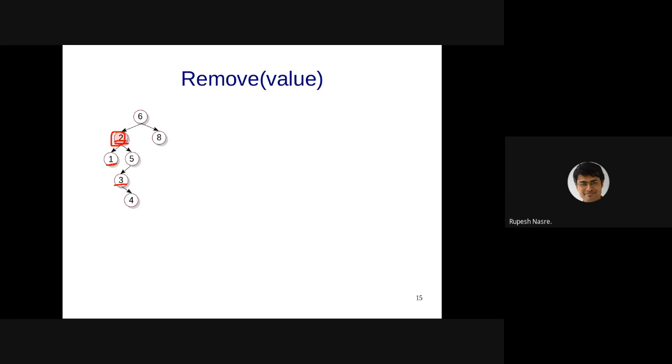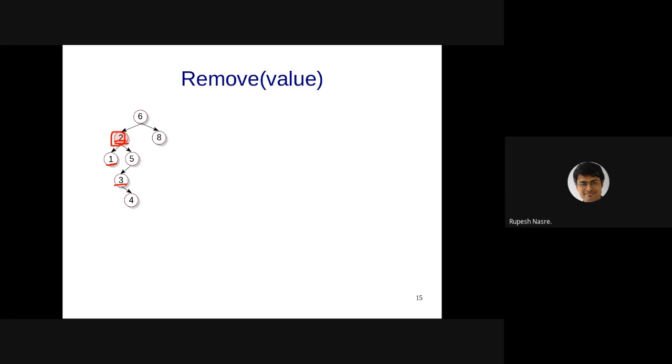In contrast, if I would have put in 4, it violates the BST property because 5 would have appeared on the right hand side of 4. If I put 5 here, then that would also violate the BST property because then 3 would have appeared on the right hand side of 5. I hope this is clear.